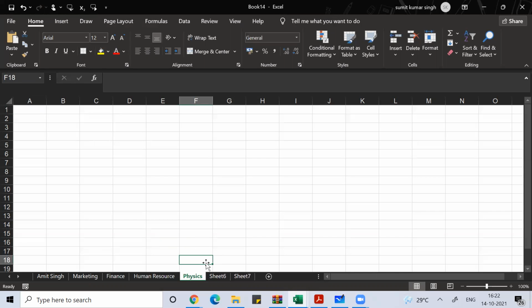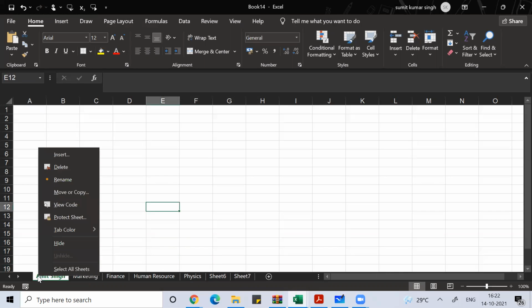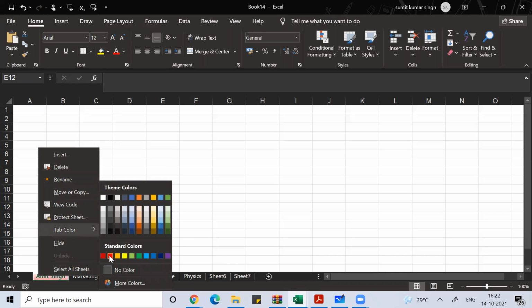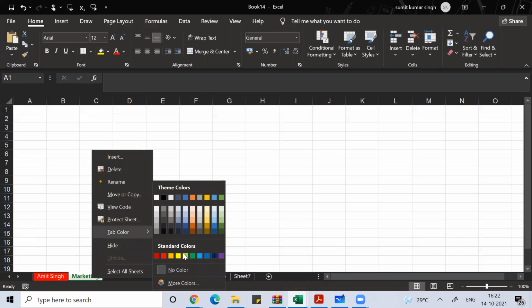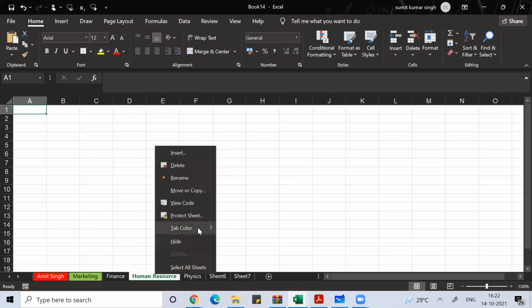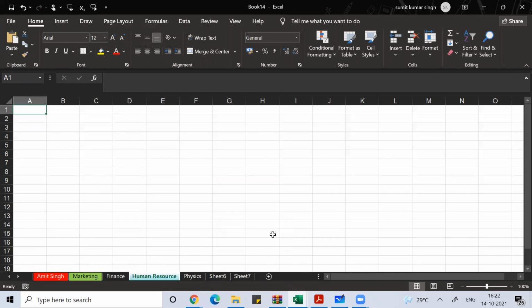You can put color also. If it looks good, you can color them. You can see this, the tab color, you can color them. So all this looks much better.